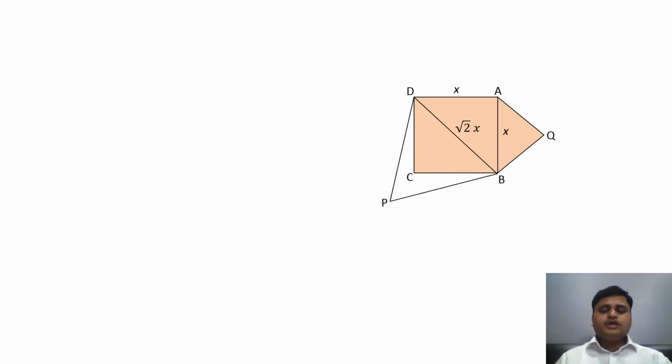Now here we can see another question. Now in this question it is given what we need to prove: two triangles have been drawn. One triangle is on one side of a square, that is ABQ, and another triangle which is drawn on one of its diagonals, that is PBD. Now these two are equilateral triangles. One equilateral triangle is described on one side of a square and another equilateral triangle is described on one of its diagonals.